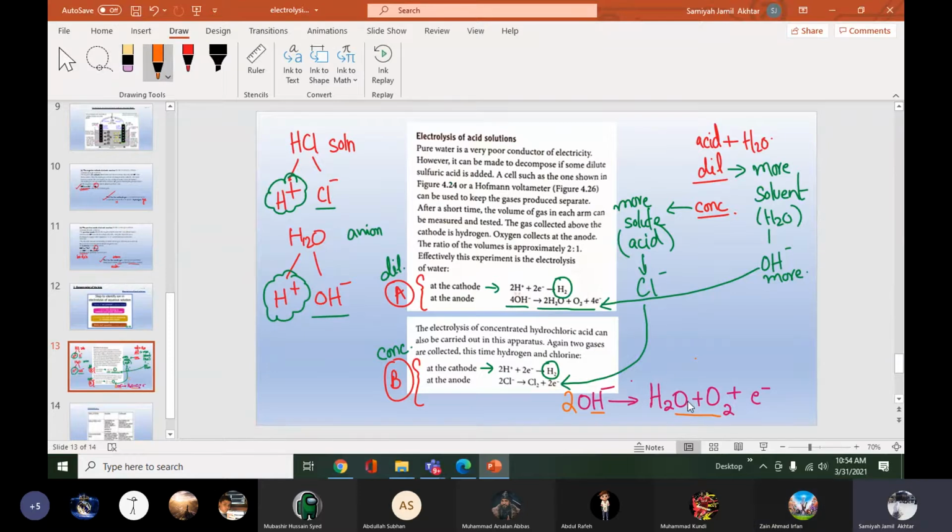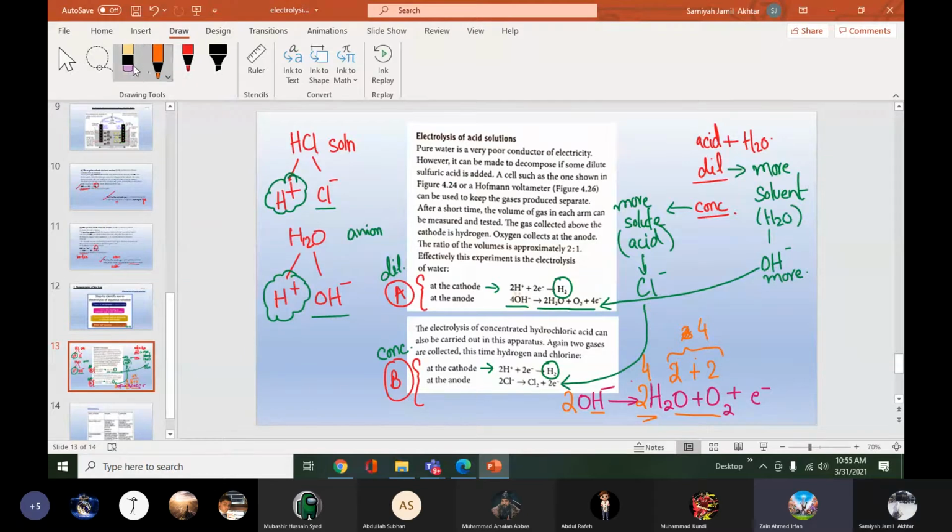Right now without balancing, 1 oxygen in water and 2 in oxygen molecule. So total 3. Yes, total 3. So we have to balance oxygen also. So we have to write a number here so that oxygen and hydrogen will be the same on this side also. So if we write 2 here with water, then oxygen will become 2 and 2, total oxygens will be 4, and hydrogen will also be 4.